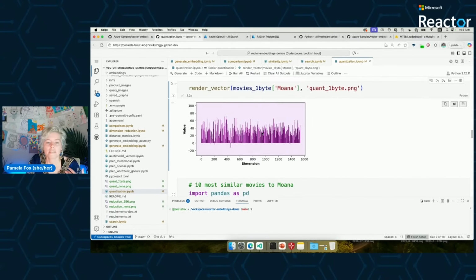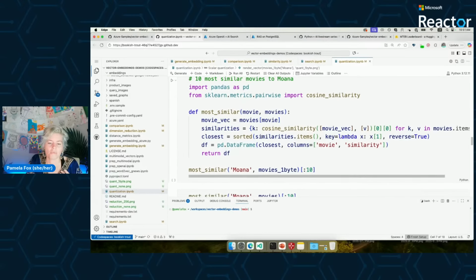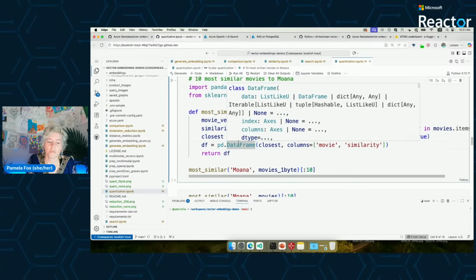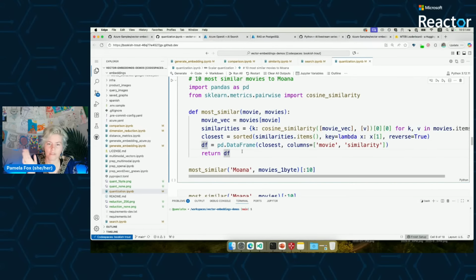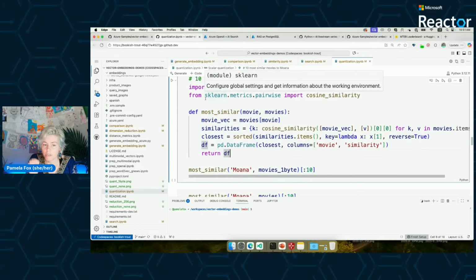So the big question is, okay, we removed a bunch of information, right? We went from 64 bits of information to just an integer of information. How does that affect similarity? That's what matters, are we going to get the same results? Like I saw a question like, are we getting the same results with HNSW, right? That's always the question. As you add on approximation and compression and all of that, how good are the results? A lot of times they're not going to be as good,